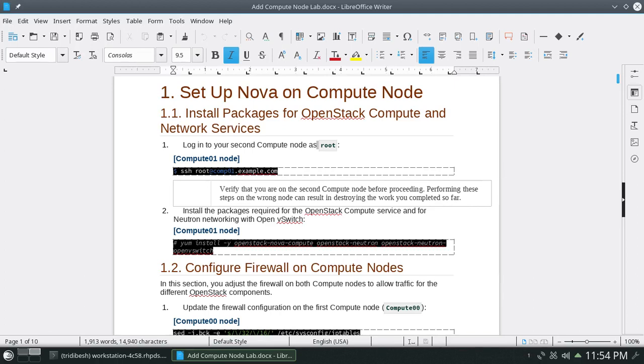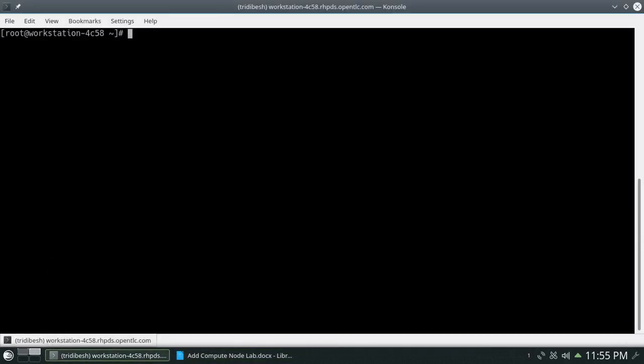In this lab module, we will see how you can configure the Nova service inside your OpenStack platform to add a new compute node. If you remember, we already have one compute node in our setup, that is the node comp00. So we will be adding comp01.